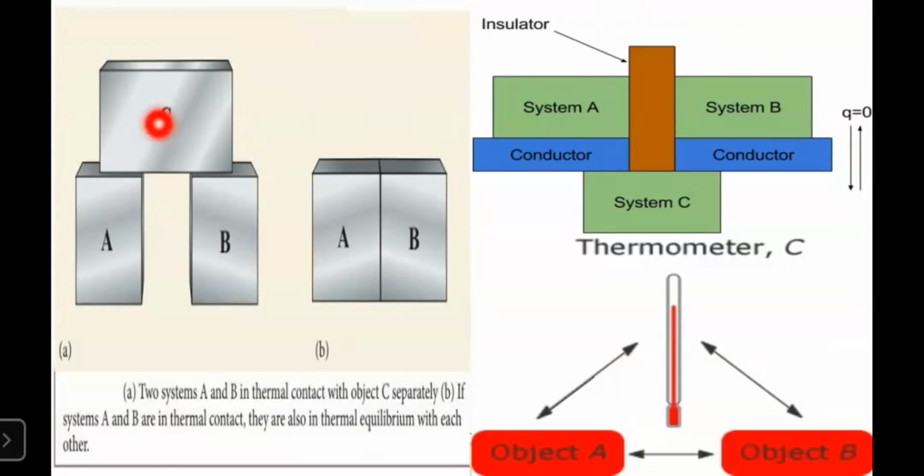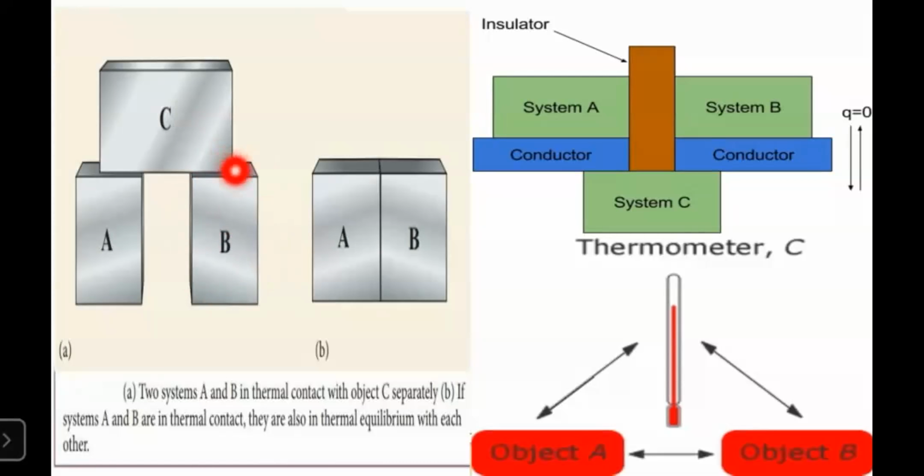So initially, let us say C is the thermometer. The thermometer is in equilibrium with A initially. Got it? Initially thermometer C is in thermal equilibrium with the water in bowl A. After that, what happened? I am taking out the thermometer. It is still reading 27 degrees centigrade. As soon as I put C in B, there is no change in the temperature of the thermometer. It still remains 27 degrees centigrade.